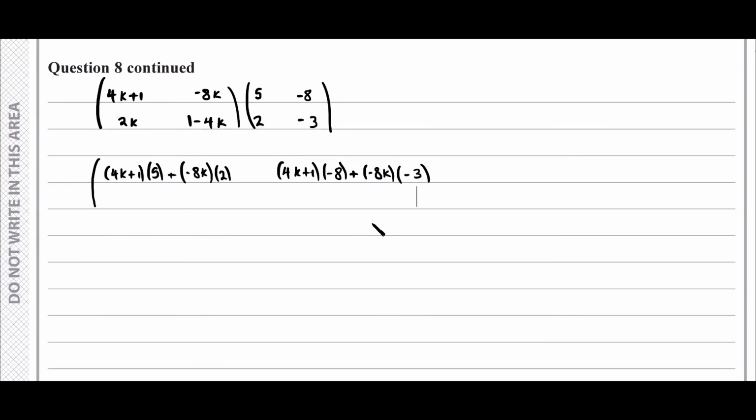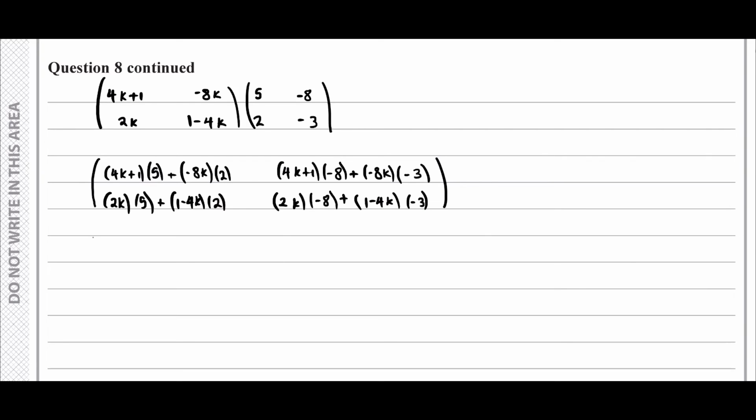So we have 4k minus 8 lots. Okay, yeah, that's right. And then for the other element, we have 2k lots of 5 plus 1 minus 4k lots of 2, and then for the final element we have 2k lots of minus 8 plus 1 minus 4k lots of minus 3. Okay,